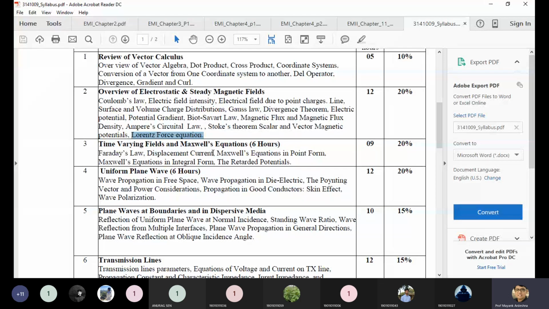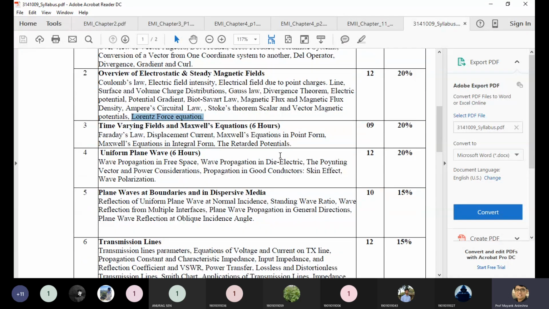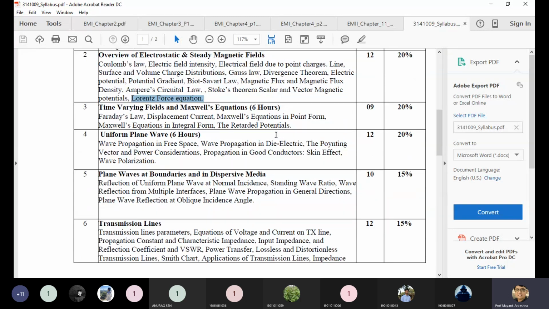In displacement current, we select two different points in one conductor, where both points differ in terms of charge distribution. So whenever you go from this point to the second point in this particular conductor, you can find the displacement current. Using these two, displacement current and Faraday's law, we modified Maxwell's equations in terms of time domain behavior, in point form as well as integral form. Sorry, point form is by default differential form, and you can put it in integral form.